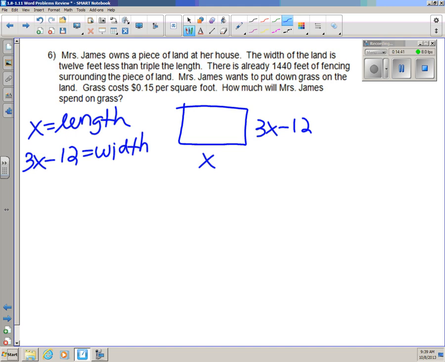Third sentence, there's already 1,440 feet of fencing surrounding the piece of land. Well, if you've got fence that surrounds the land, wouldn't you agree that basically just means the perimeter of the land must be the 1440. Okay, so that's what you need to get from those words, that the perimeter is 1440. Well, don't forget, there are two lengths